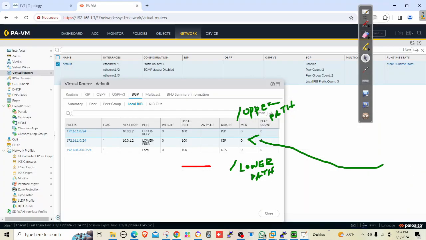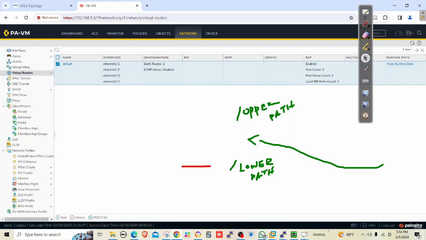So let me go to the firewall, and now you see the asterisk is in the second line, right? Here what we are going to do is, I think I need to draw this. Let me get my pen. There's something called a BGP attribute called weight. So what happens is, when we have this parallel firewall,